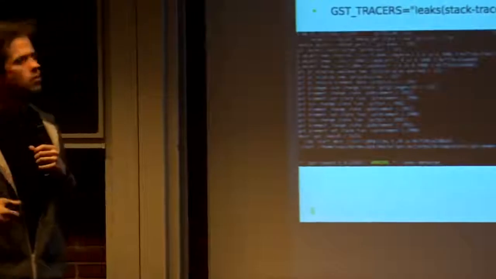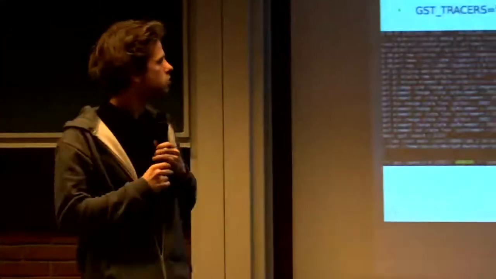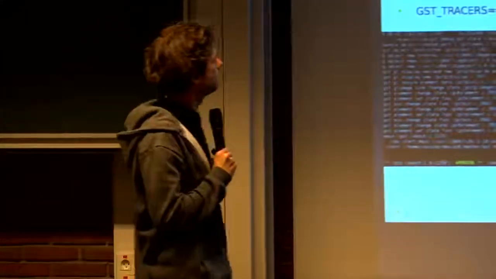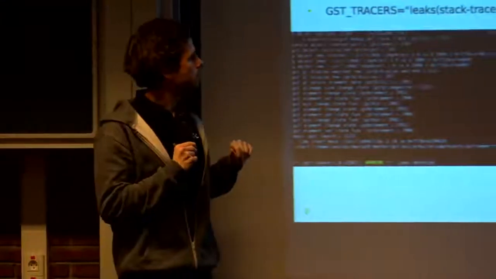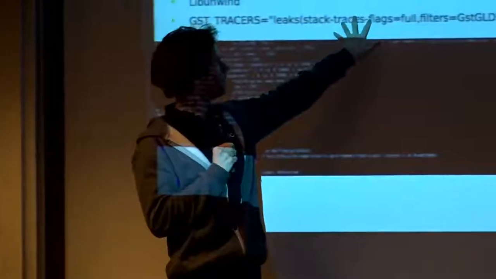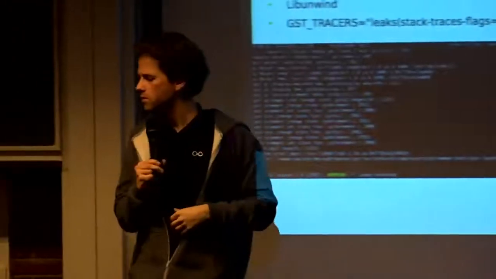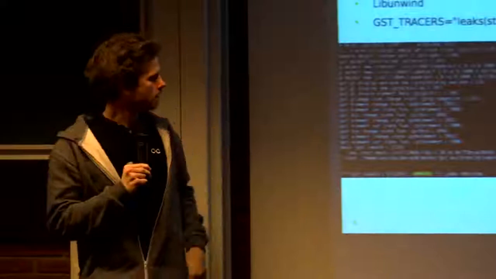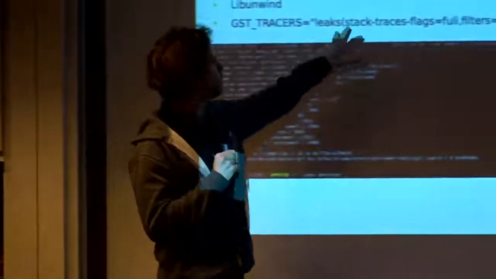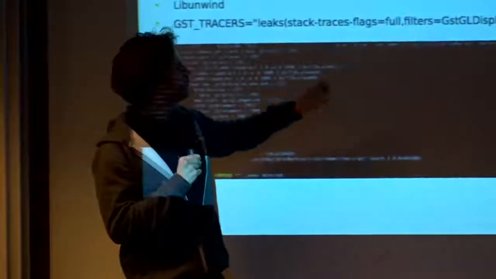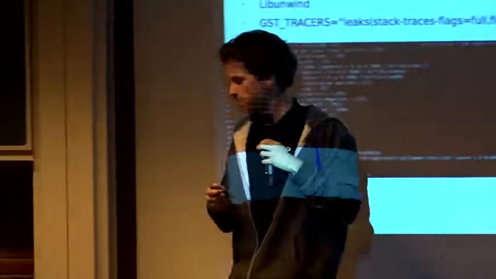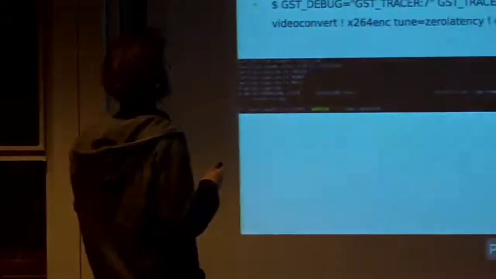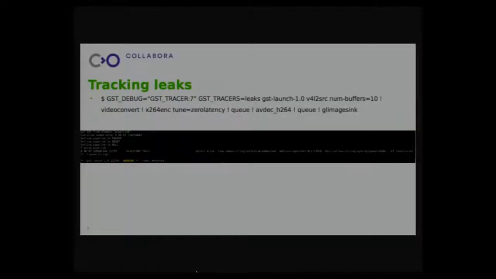I try to make it more useful and a bit smarter. So we are using libunwind to get a stack trace. Once you enable that, you have to enable it manually because it can consume quite a bunch of memory. So we try to only enable it when we actually need it, and we filter out the object we are interested in. A typical workflow for that will be to start with the simple version, try to see which